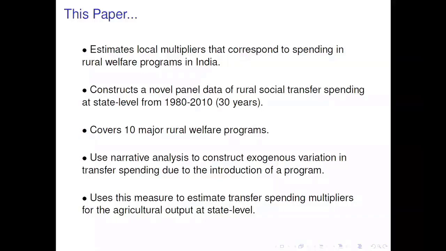And when I say local multipliers, what do I mean? Well, by local, I mean state-specific multiplier. That's what I mean by local. By multiplier, I mean by what dollar amount does the economic activity in that area increase when you inject $1 of transfer spending. Okay, so if the economic activity increases by $2, we'll have a multiplier of 2. Okay, this is very closely related with the Keynesian multiplier, but there are many channels that can explain this. Any questions up till now?